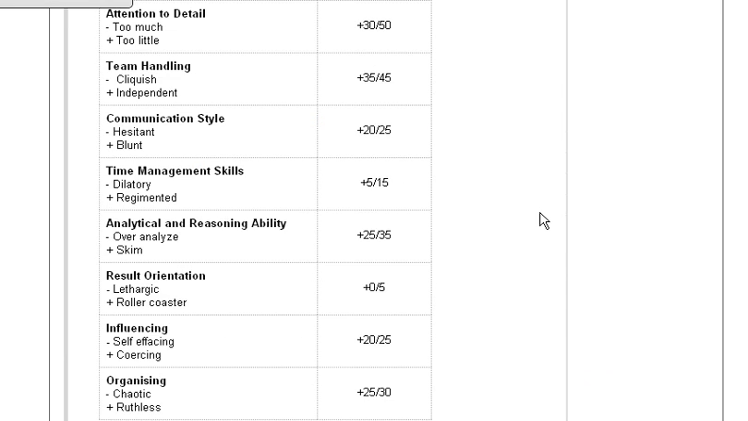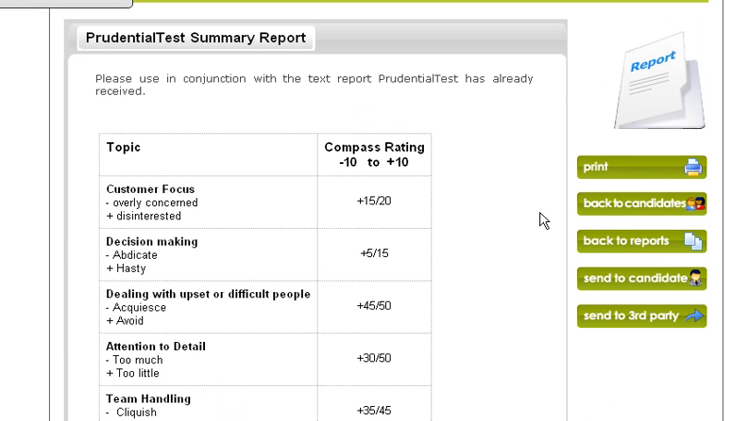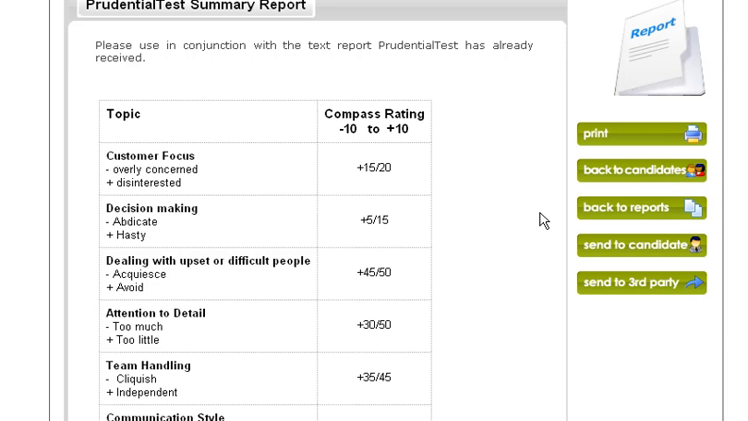and this is the summary report as specified by Prudential. So essentially, we've taken each of the key elements, if you like. So if we take customer focused, and what we're looking at is this is, if you've seen the compass, this is the numerical version of the compass. And the compass can either go from, actually it should be -50 to +50, because some of the topics are rated 0 to 50 or -50 to +50, and some are -10 to +10. But in this instance here,